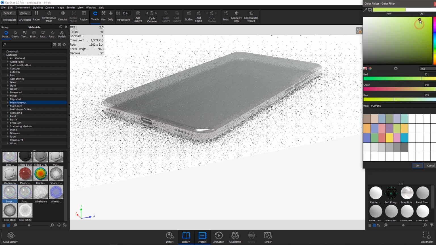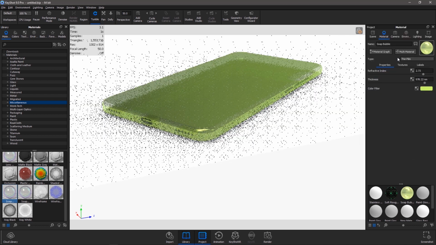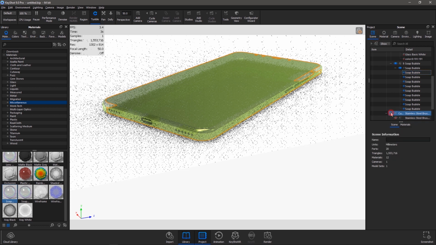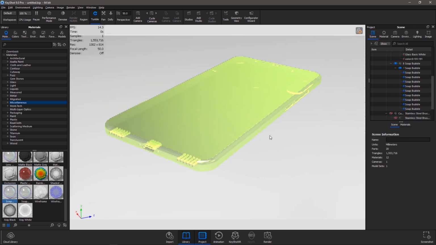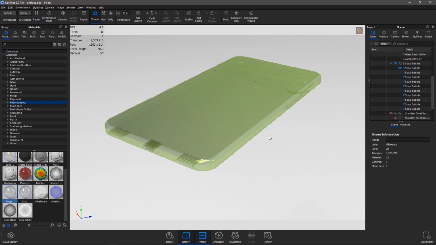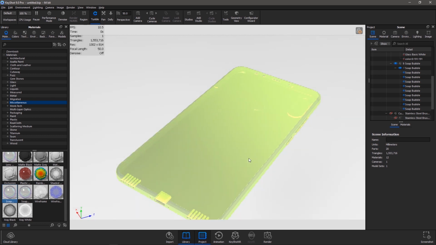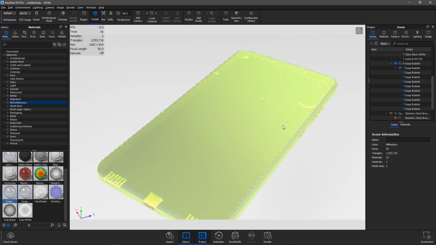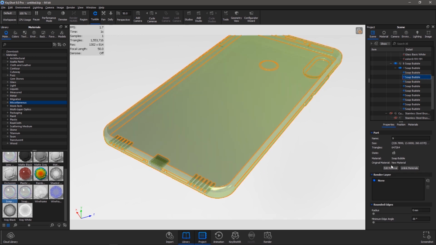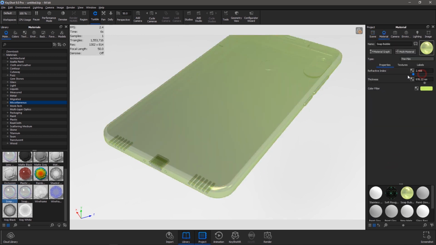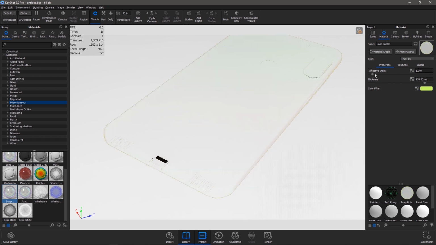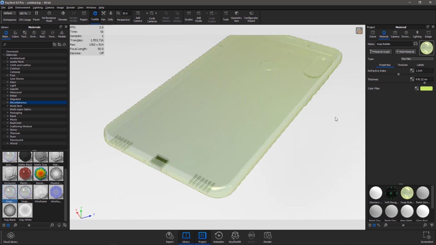Next parameter is the thickness. Change in thickness of the film also leads to change in color. If you are increasing the thickness value too high, then you will get colored rings on the surface. The ideal value is between 100 and 1000. Last parameter is the color filter. Color filter setting acts as a color multiplier. If color filter is set to white color, then film color will be decided by thickness parameter.